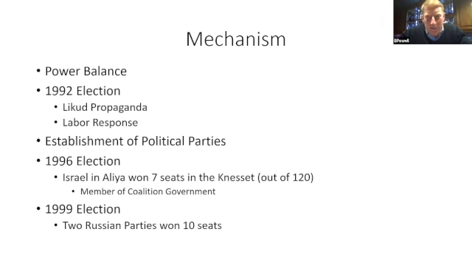They established their own Russian political parties, some of which won seats in the legislature by 1996. They became a member of the governing coalition. Basically, Soviet immigrants, much like Cuban immigrants to the United States, did not want to recreate socialism in their destination. They were more pro-freedom than even the existing native-born population, or, in Israel's case, the long-term resident population that had already been